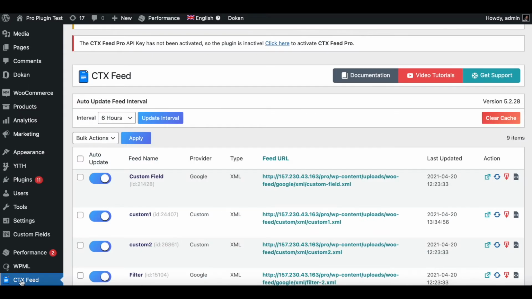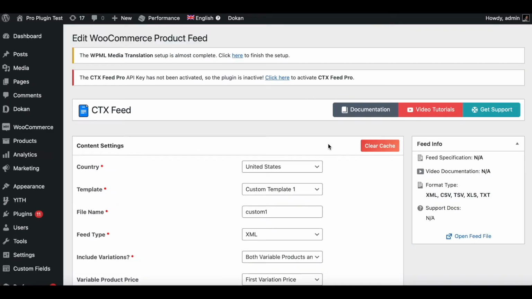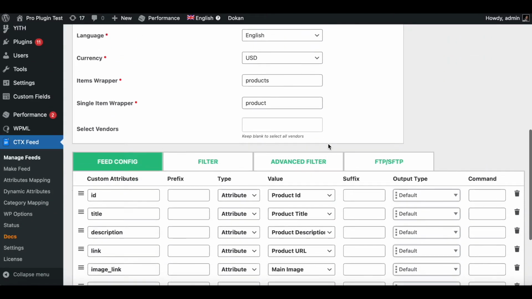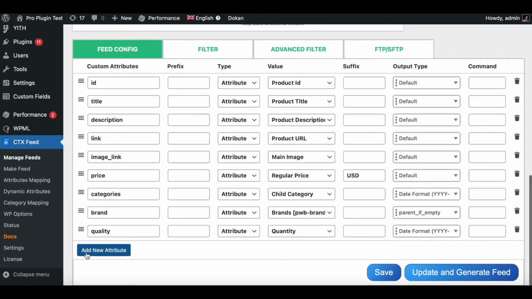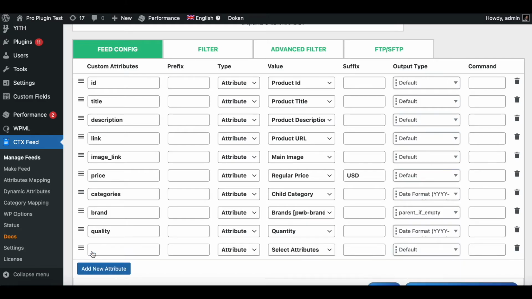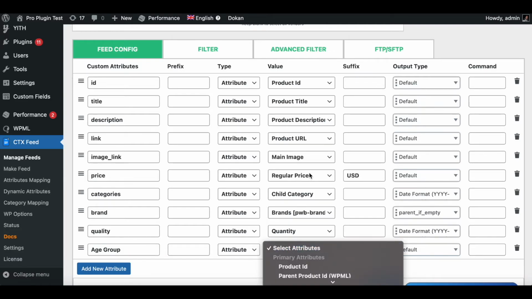Now we are in our CTX feed plugin. Let's go into one of our existing feeds and see if we can add the new custom field that we have created. So I'm going to go down and click on add new attribute. I'm going to say age group, and let's see if we can find the attribute here.